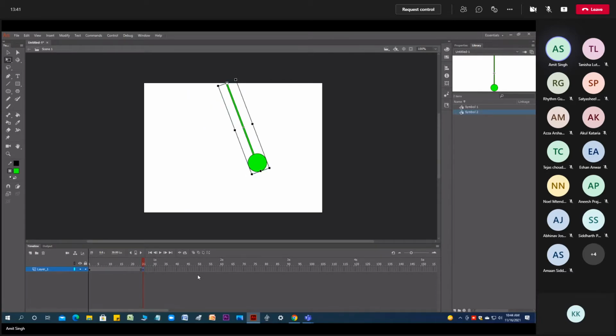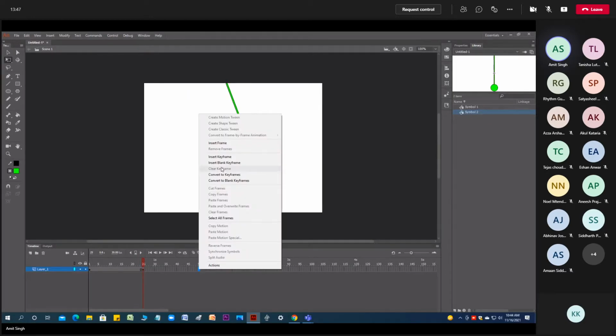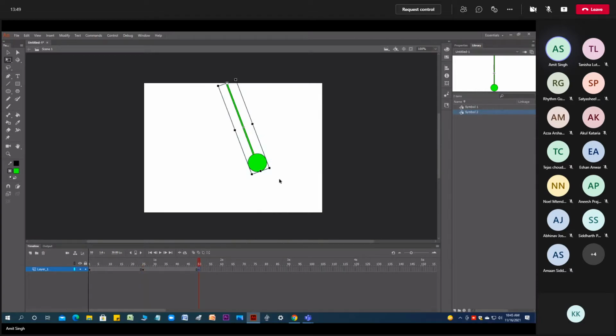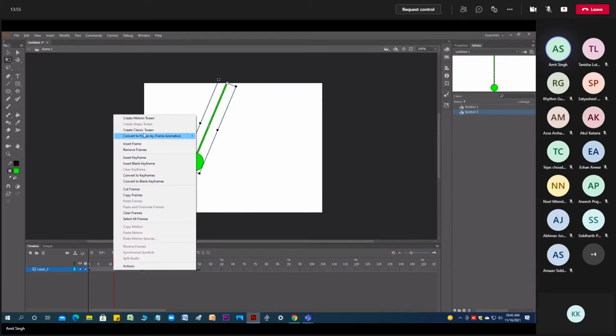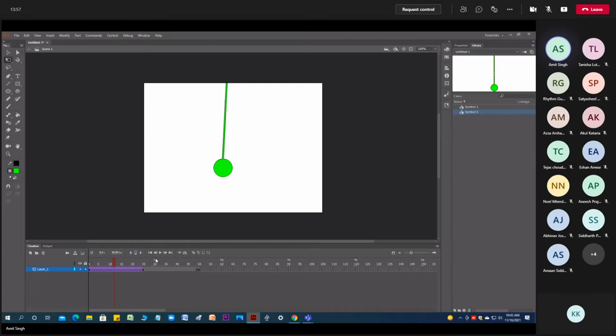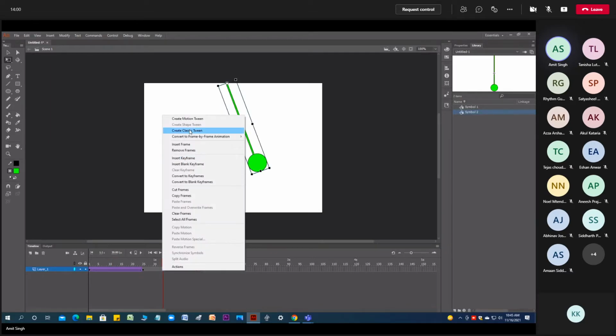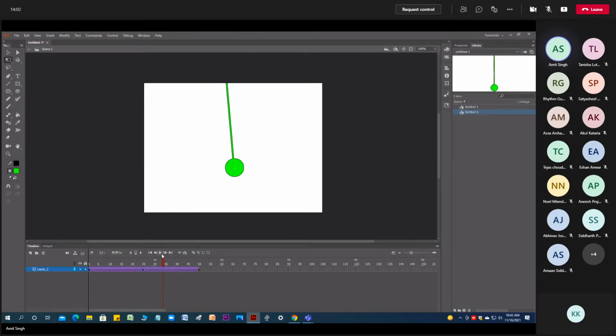Then somewhere at 50, right click, keyframe. In between, click create classic tween. Then play loop.